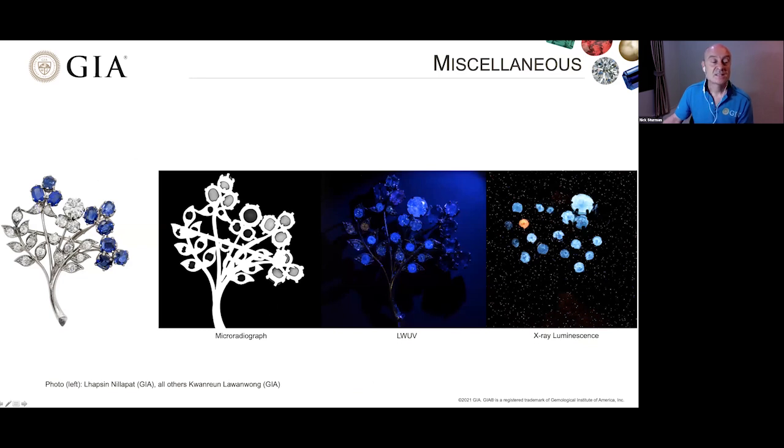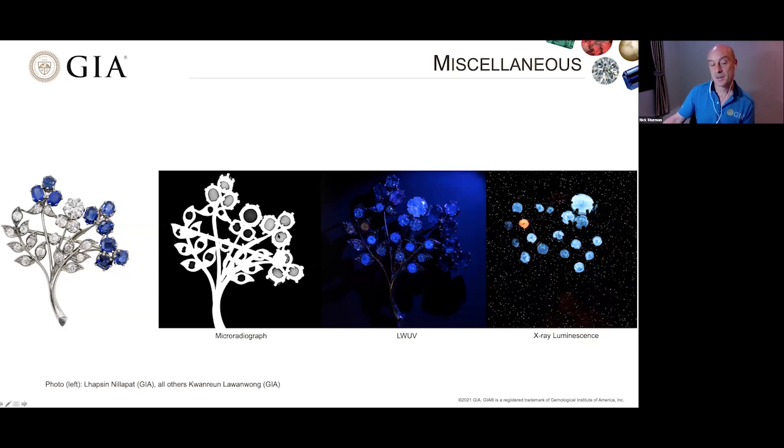And this is an item of jewelry that actually belongs to my wife. So I borrowed it from her just to create this presentation. And you can see that when we X-ray it, we have the diamonds showing as more radio transparent. They allow the X-rays to pass through more freely than the sapphires, which, although the atomic numbers of the elements making them up are not so different, there is still a degree of difference you can see between the diamonds and the sapphires.